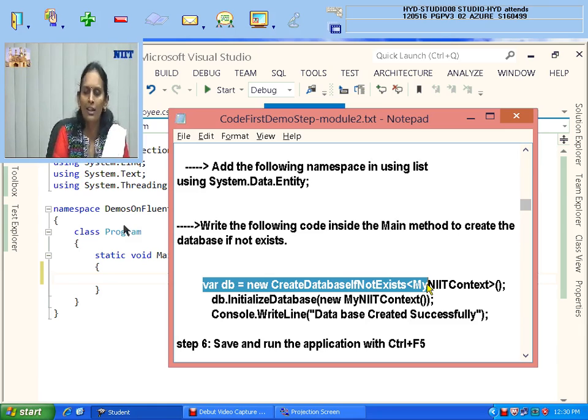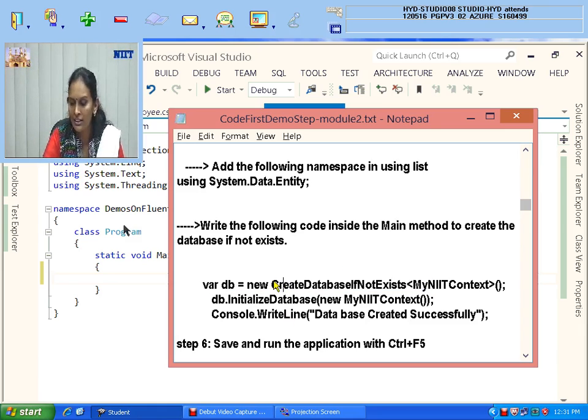Otherwise, you can write another command here, DropCreateDatabaseIfModelChanges. That means every time any model class is changed, whether student or employee, the database needs to be dropped and recreated. This is the way you tell the database creation. If it is already there, you don't use these commands. But now you are going to create.